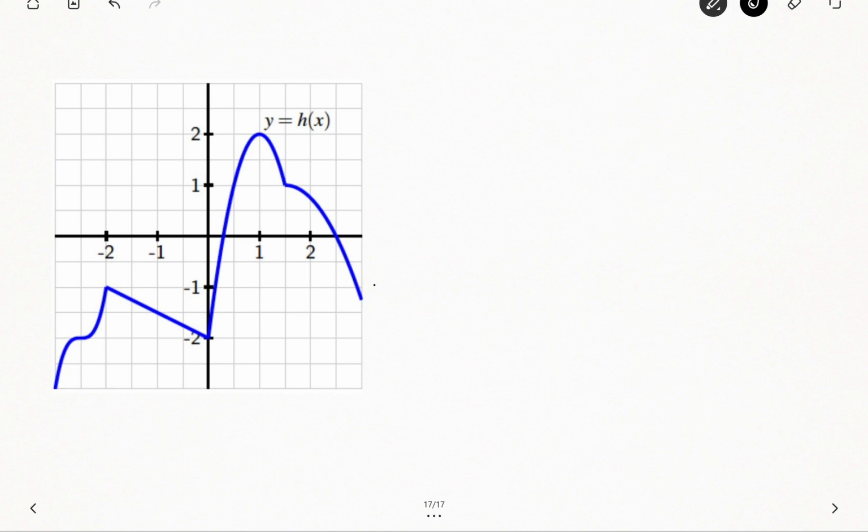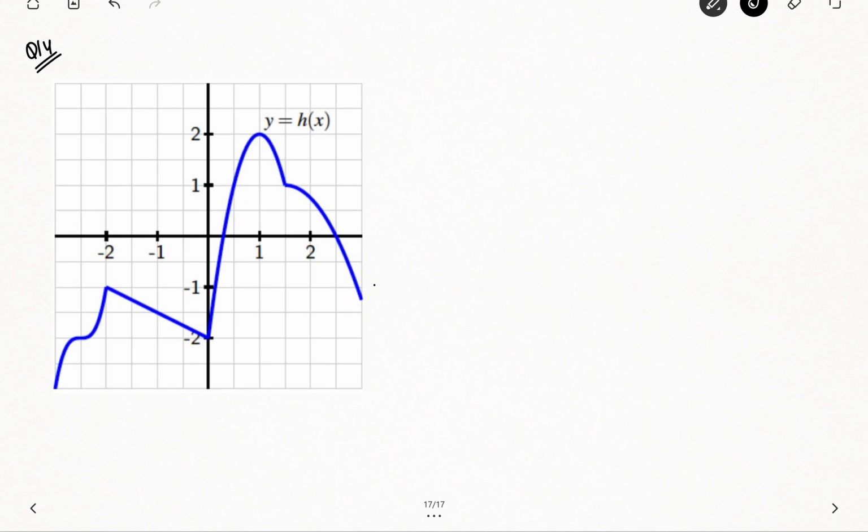Okay, so let's look at problem 14 now. In this case, what we have is a graph problem. Same idea, same concepts. Let's try to look at what they're asking us for. So now they've given you a graph of the function h of x, that's given out here, and they're trying